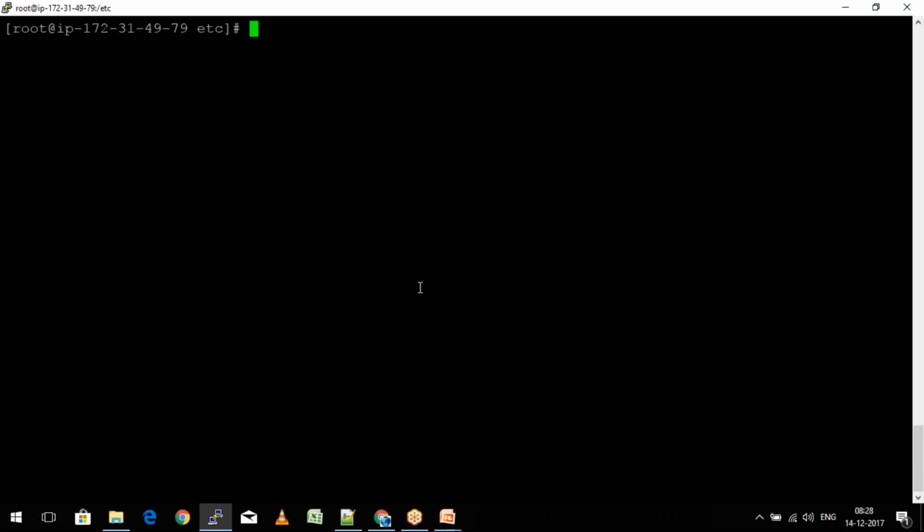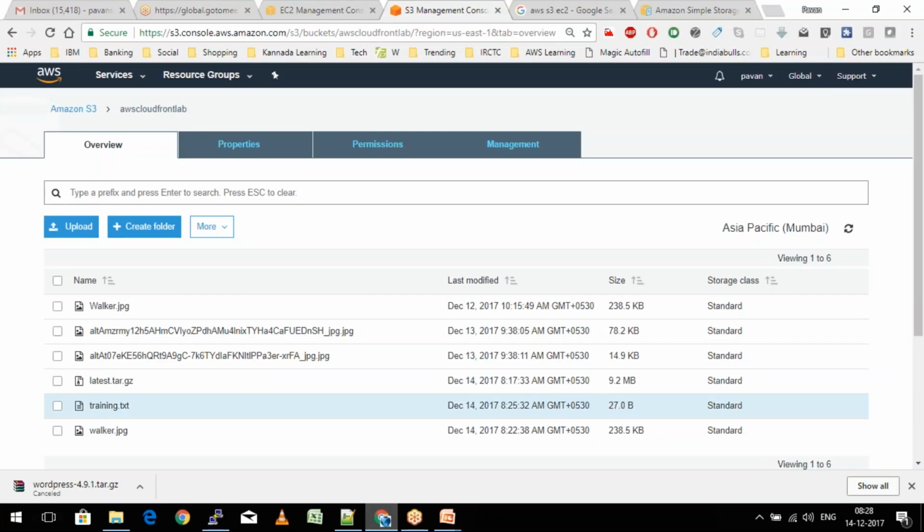Now when we are actually using the user in this case, we actually created a user in the IAM section, and then we were able to